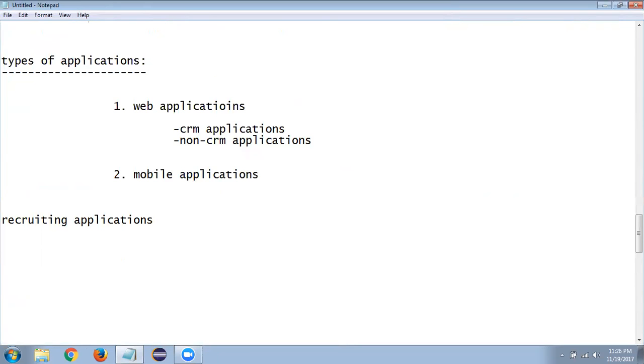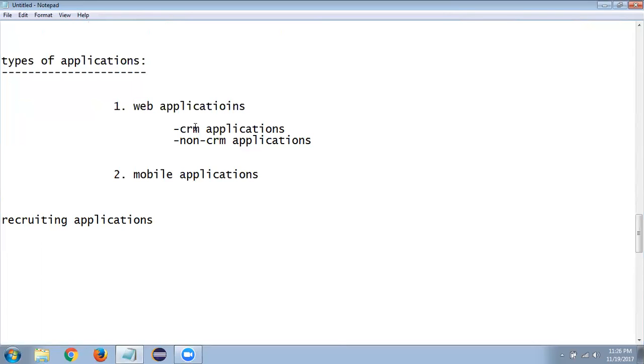At that time, they don't need to maintain the relation with the customer or know the status of the customer. Such kinds of applications we can develop using Salesforce, and we call them non-CRM applications. Coming to CRM applications, like any e-commerce applications, and sometimes even when you open some sites on the internet.